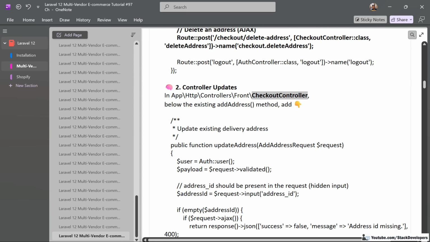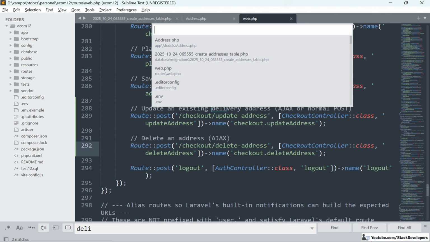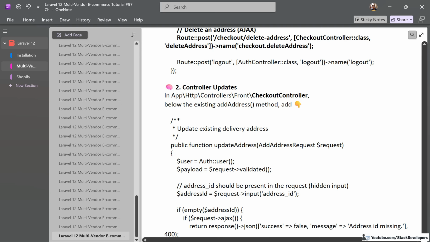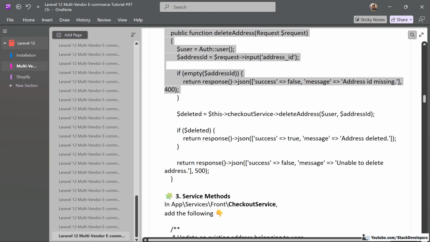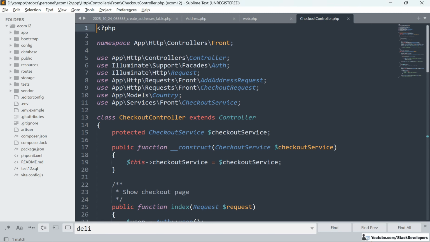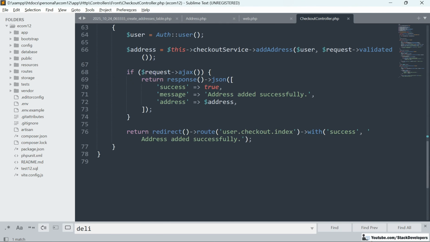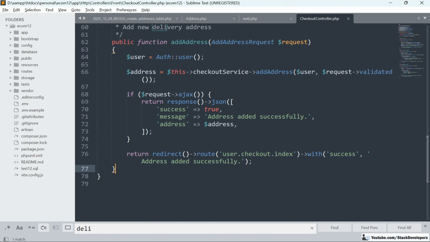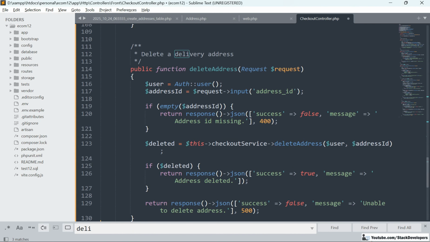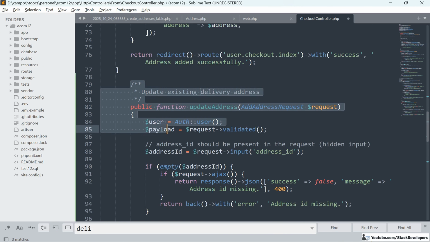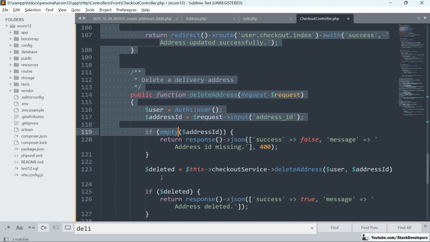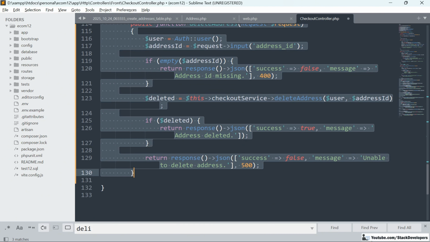checkout controller. Okay, so I'm going to open the checkout controller now, and here we are going to add these two functions at last. After add address, we are going to add these two functions. One is the update existing delivery address, and another one is the delete delivery address. Okay,